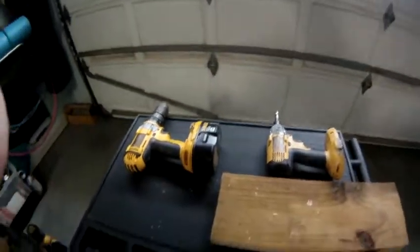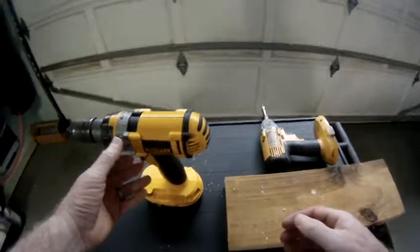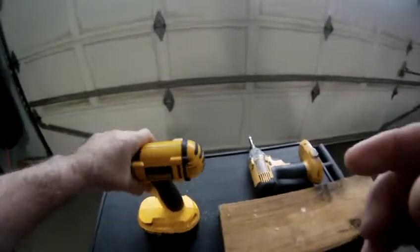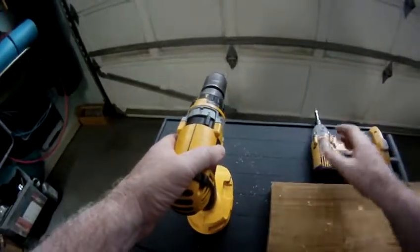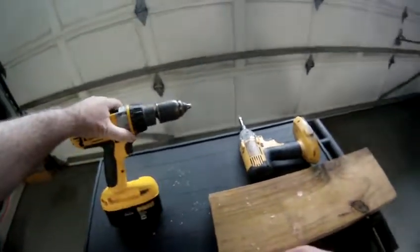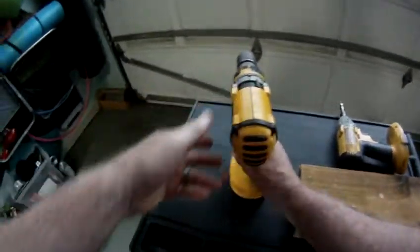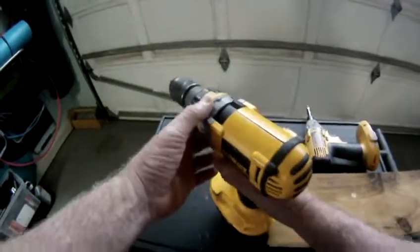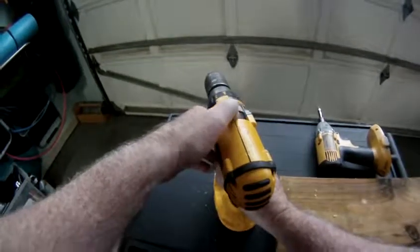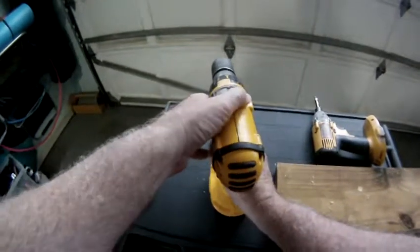Alright, next up on our tools, we're going to talk about cordless drills. I have a couple here that we're going to talk about. So this is actually a cordless drill. If I was only going to have one drill, this probably would be the one I would have. So what this one does, it's got 3 speeds, which is real convenient